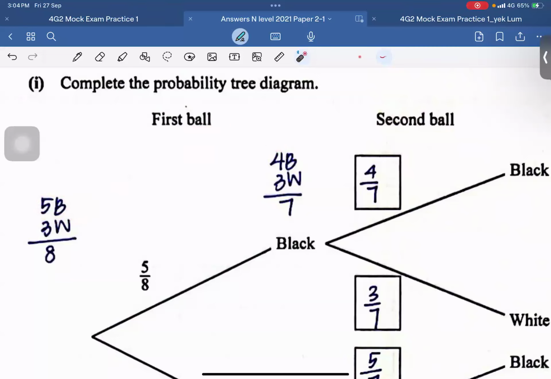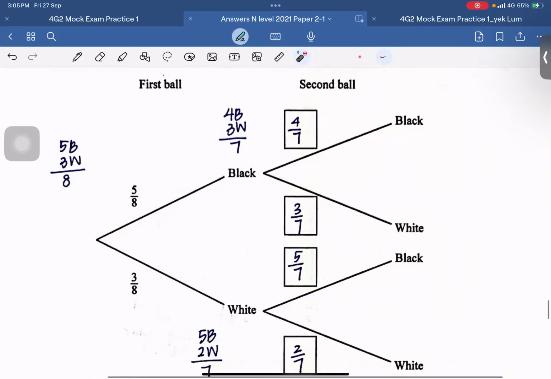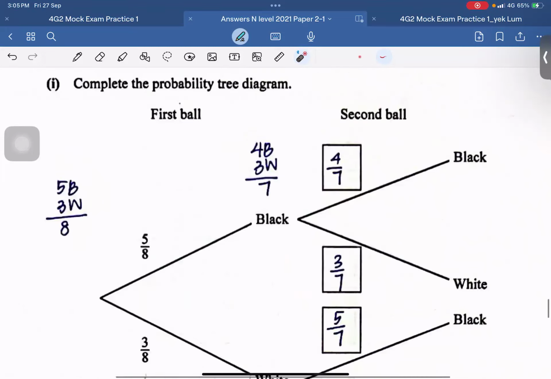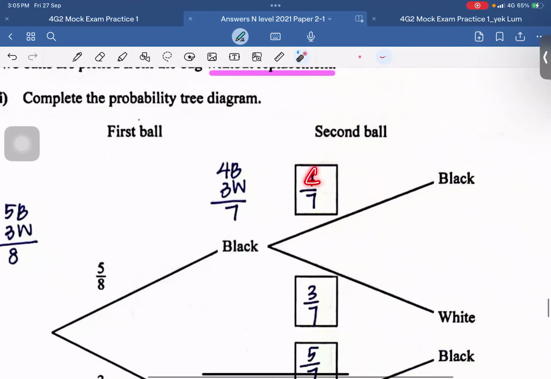Okay, so the number of black balls will decrease to 4 black balls, and white balls still stays as 3, so the denominator is 7. So you notice when I choose the second ball, all the denominators here are over 7. Okay, so I'm taking my first case. If I take out one black already, I'm left with only 4 black. So in this case over here, you have 4 black and 3 white. So you can complete your